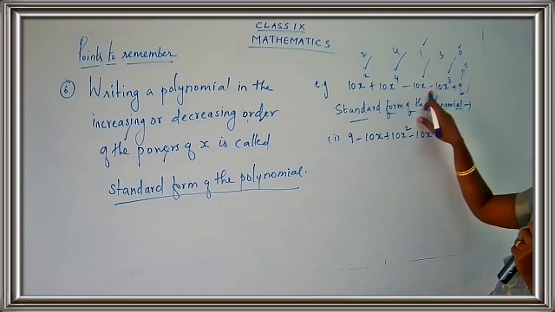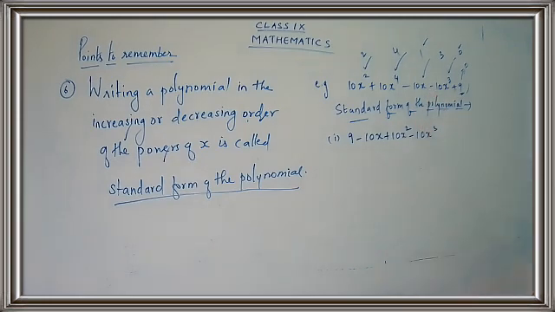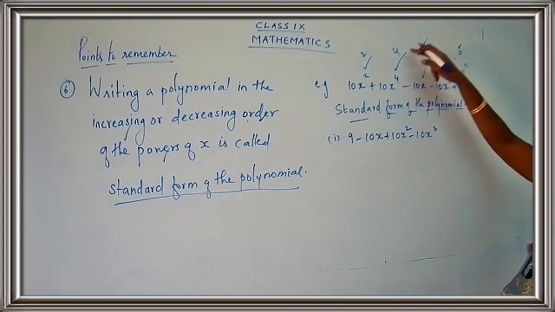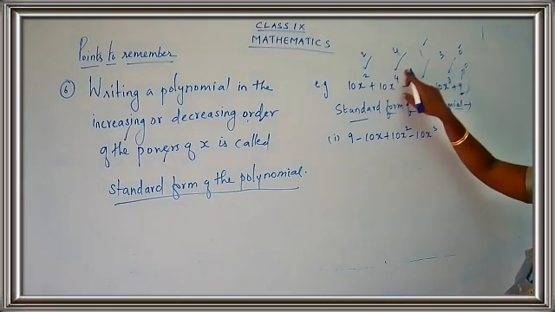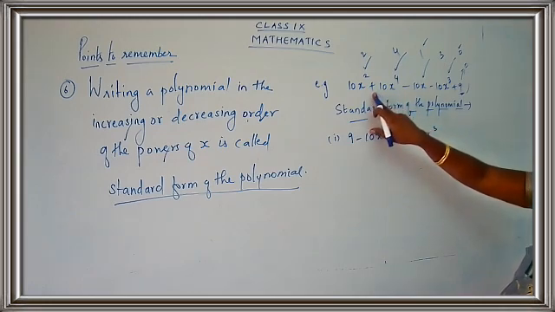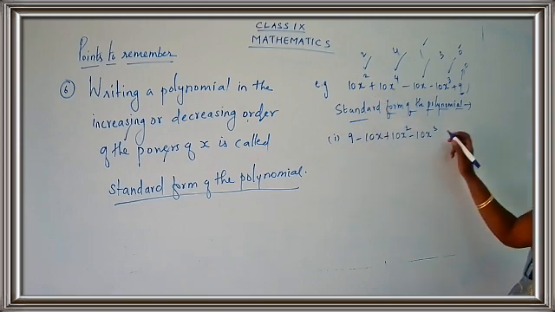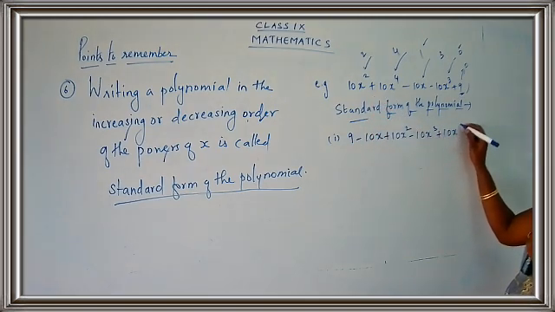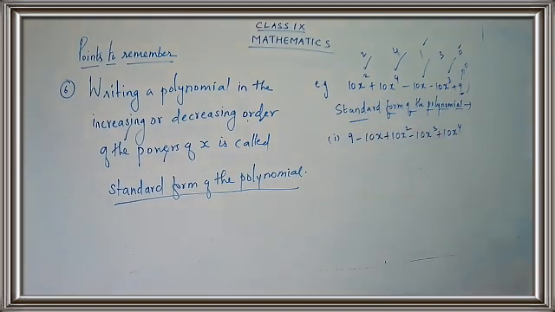So you have to take the sign also. So minus 10x cube. And at the last, I have taken 0, I have taken 1, I have taken 2, 3 has been taken. Now 4 is left. So I will be taking the term 10x raised to 4. What is the sign in front of the term? It is plus. Just put plus 10x raised to 4. So this is the way of writing down the polynomial in standard form.